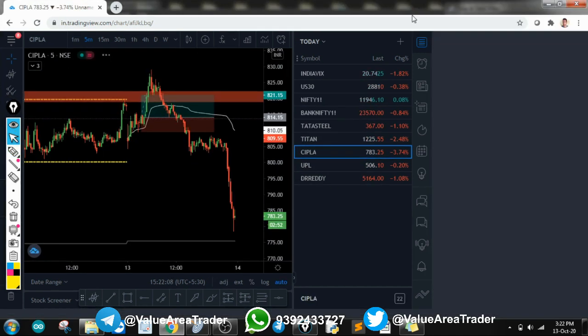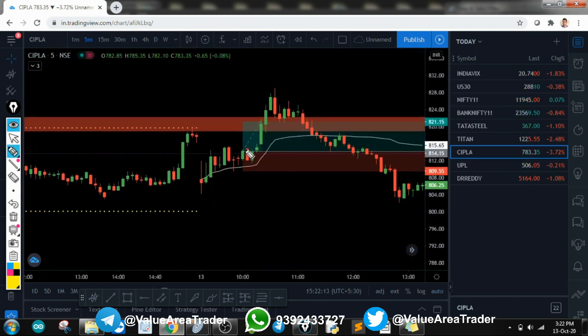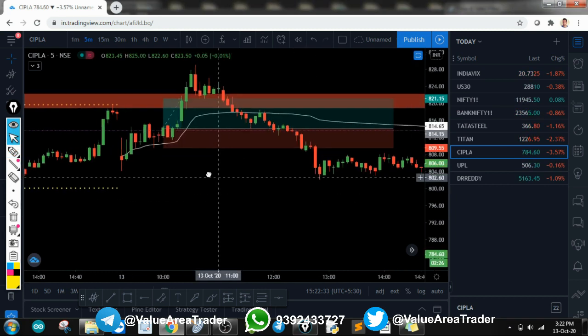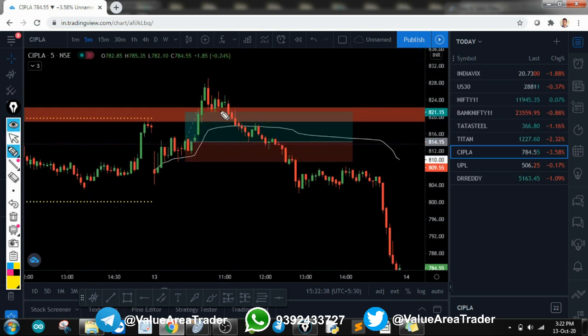Cipla, let me just maximize it. So if you remember, we took the trade in Cipla somewhere in this, seeing this one candle here, and our target was here, and I think I closed it somewhere in this candle above our target. It was not an OCO order, so I just put an alert in my system for whenever 820 crossed, so I got a message. I think I covered it somewhere here. After that, if you see, Cipla had a big downfall, but we couldn't catch that. So Cipla was a profit for us today. We didn't take the full move, we only took till here, I suppose.